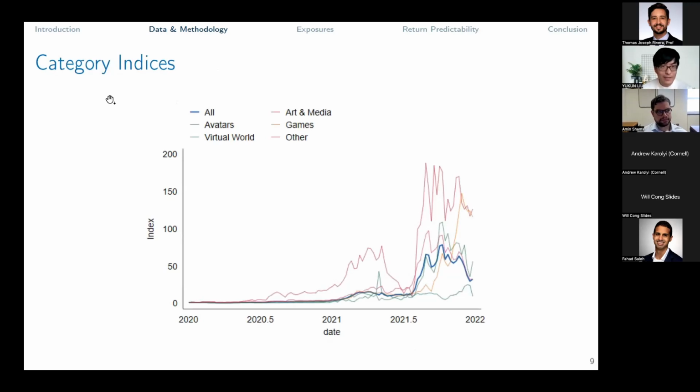We also categorize each of these NFTs in different categories. The blue one here is the index prices. Now we start from 2020 instead of 2018 and normalize that to 1. There are different kinds of collections of NFTs, like the avatars, virtual worlds, and other things. You can see that at any given point in time, their prices move in the same direction, more or less. However, the level of them can be very different at the end of the sample.